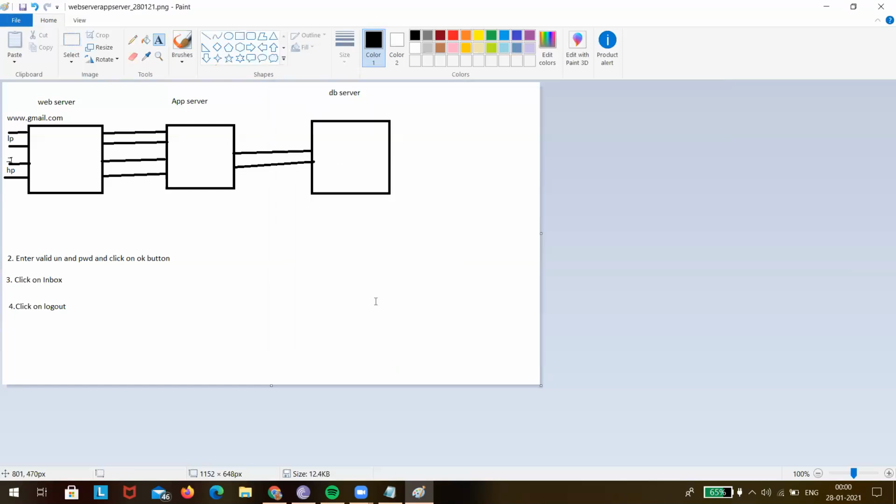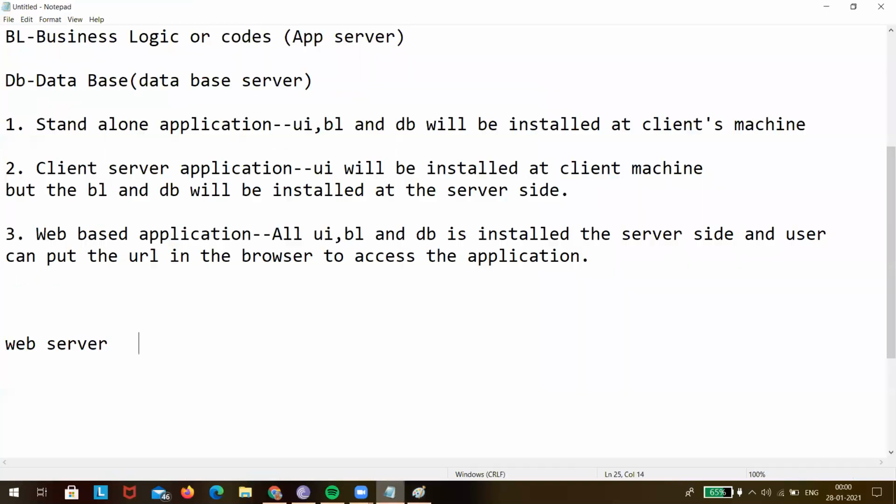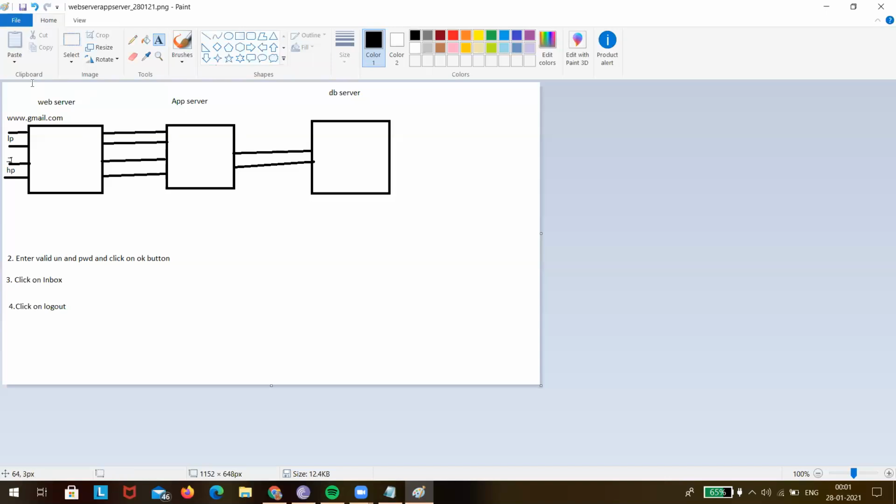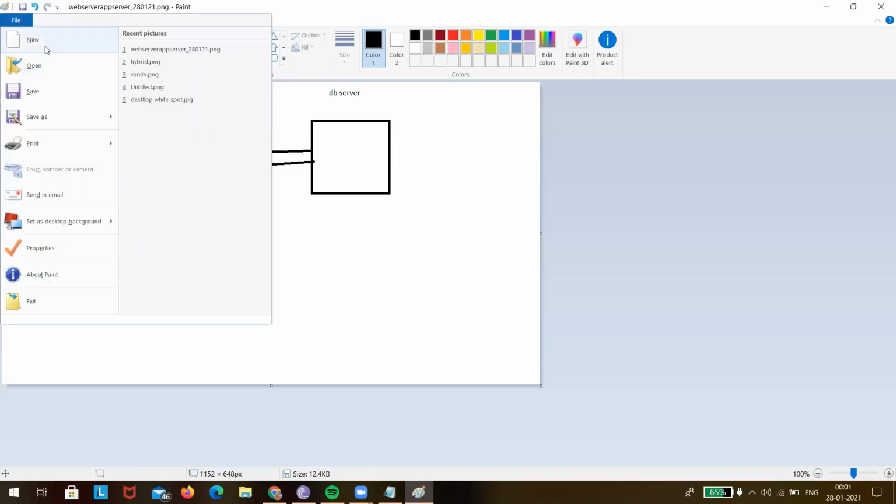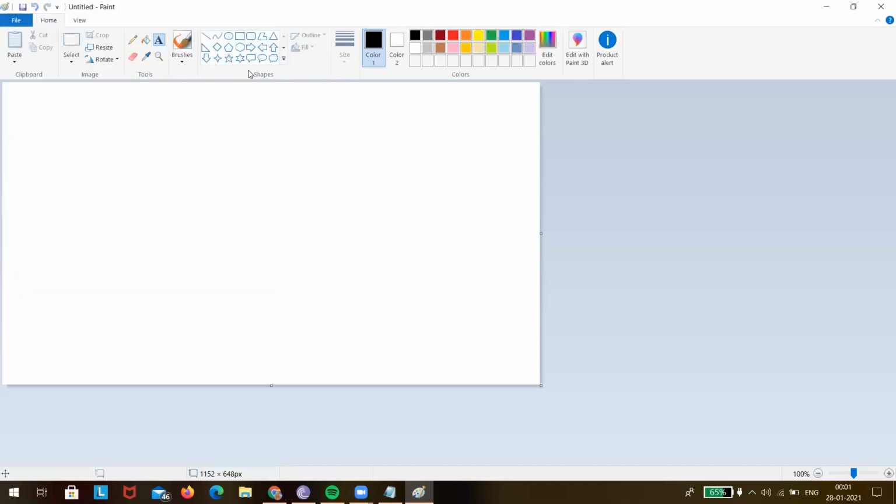Great. Now, if you have understood this much, web server, app server, and database server, let us learn something called environments. Have you heard about dev environment?